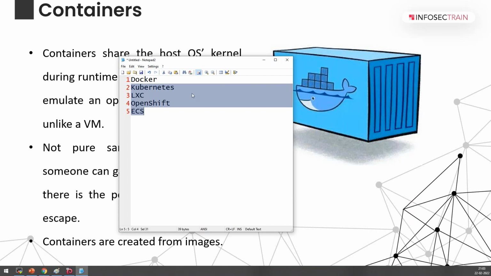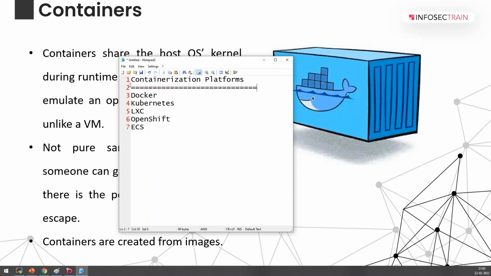What are these? These are different containerization platforms like Docker. These are platforms to create containers, right? Exactly. These are different platforms for creating containers, but each of them has specific capabilities. For example, when you run a container in Docker, you have some limitations that can be overcome by Kubernetes. If you want support from an enterprise, you can go for OpenShift. There are many functionality differences, but all of these are designed to run containers.